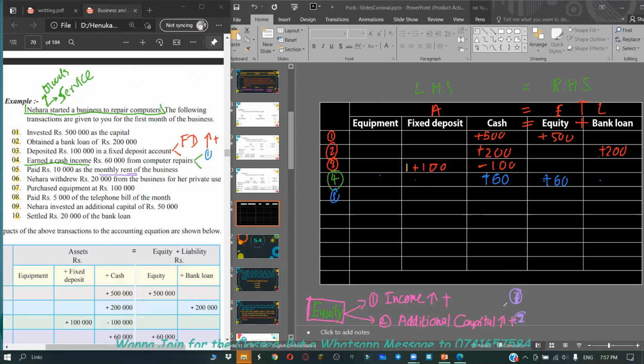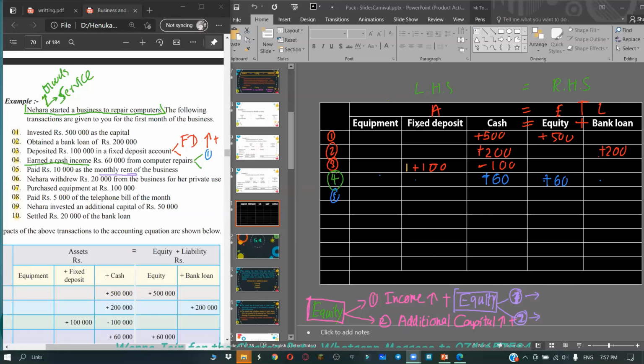So what are those two reasons? Tell me now. From income and additional capital, our equity will be increased, right? So what are the two reasons equity decreases? Put them in the chat. Yes, one answer would be expenses. So the other one is